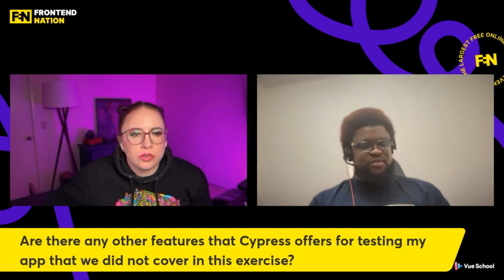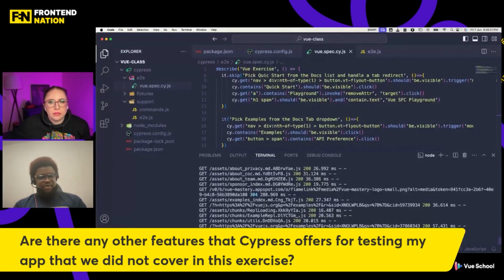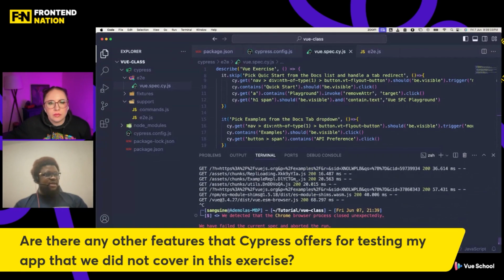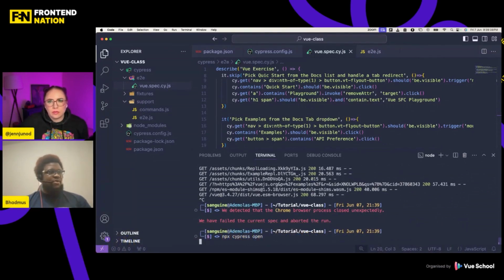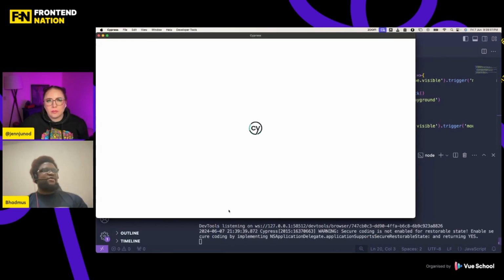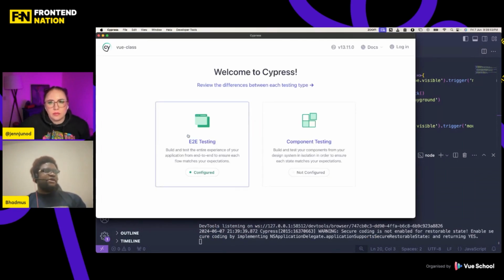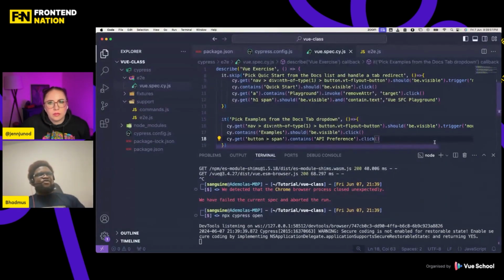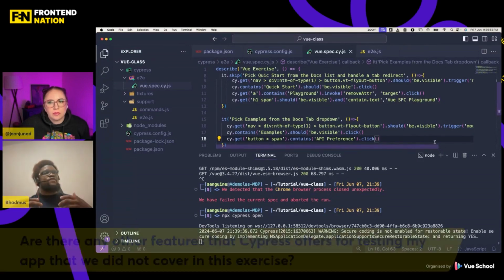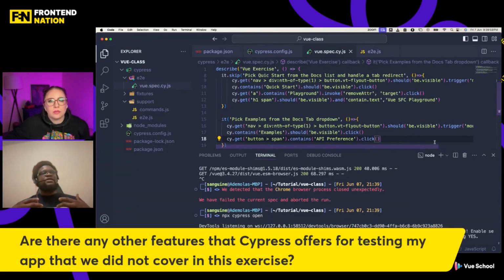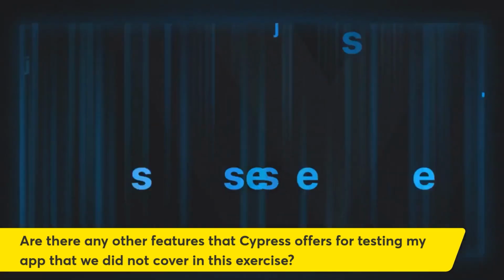Sure, sure. I will just quickly run this, and let me use Cypress open, and you will see that there's a part that we did not even visit at all. We only configured one part. The component testing is the part that we did not touch at all. And aside from that, we did not cover being able to use Cypress to even run your API tests, or to save sessions from your API and add them to your UI tests. So there are a lot more things that this small